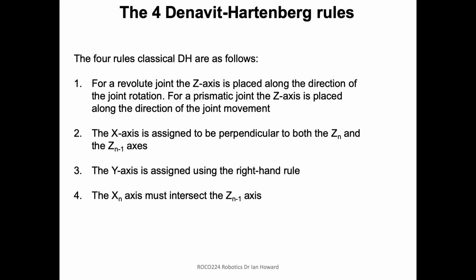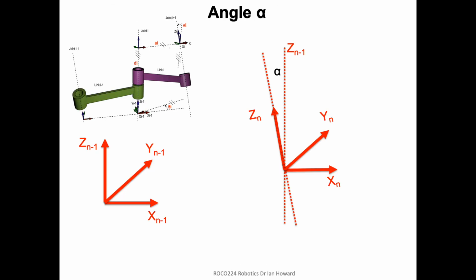So the x-axis has got to, like I said, also intersect the last z-axis as well. And it becomes a bit clearer when we start looking at what these actual things mean. So I've got this overall drawing here, but I'm just going to explain a little bit more detail, maybe using these diagrams. Basically, if you look at the z-axis on this, there's a z-axis here,